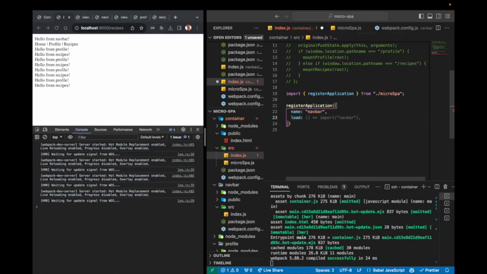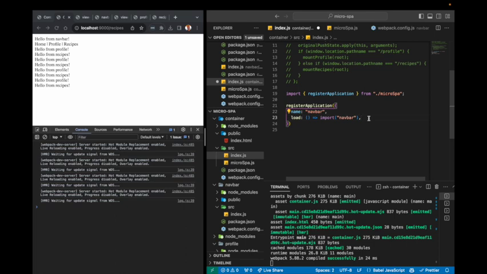This load method should be an asynchronous method that provides an object that contains the lifecycle methods for the application. In this case, it would simply be loading the corresponding module. So we will have a function that loads